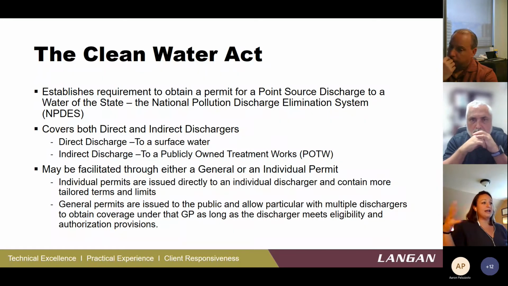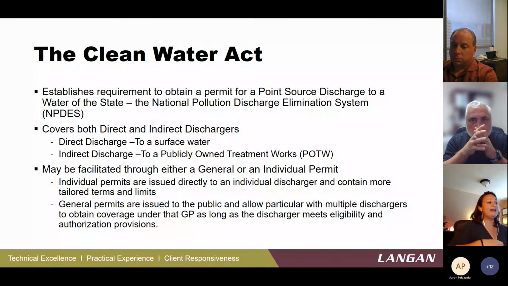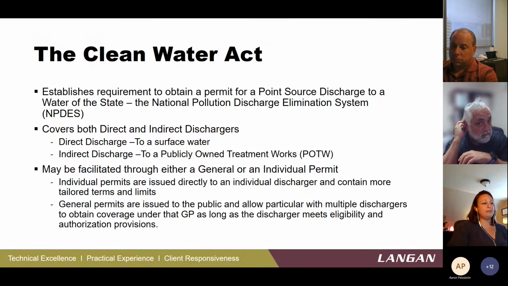It allows anyone who falls within the definition of that general permit to be covered under it. Sometimes general permits are what we would consider a permit by rule, where it just exists, and if you meet the definitions, you're covered by it. Sometimes they're specific and require authorization, a notice of intent for coverage or registration under that permit. But generally speaking, the general permit process is a little more streamlined than doing an individual permit.